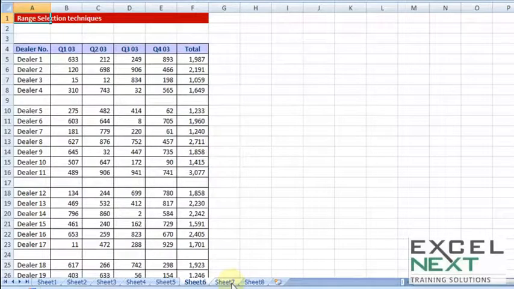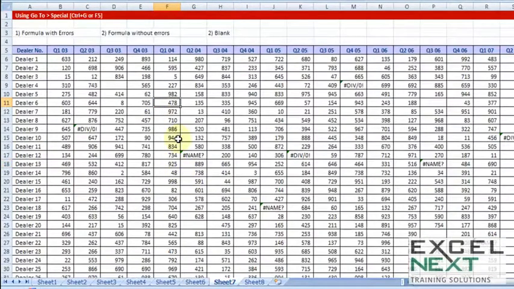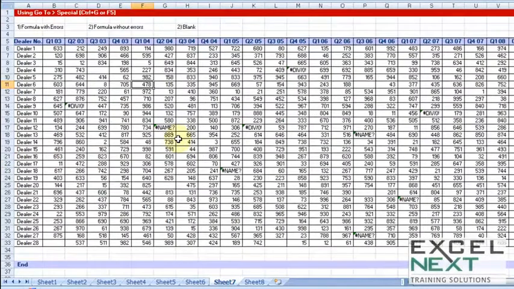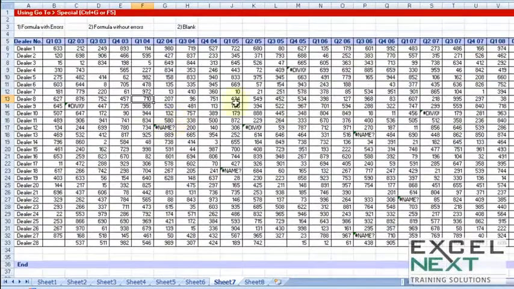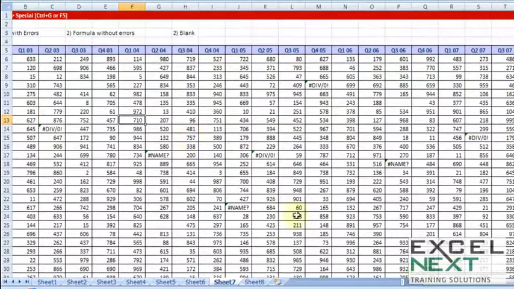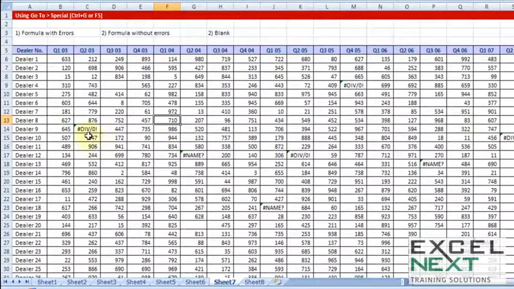Let's get to the main point, sheet 7. Alright, it seems in a single moment I have thrust upon you such big data, and in fact in real life you would find that data 100 times bigger than this exists. Now the point here is I see a lot of errors scattered across. Before I take a printout, before I send this to someone, I want all these errors, which may be because of erroneous formulas or because the data is not available, to disappear, to be deleted. Now how do I do that efficiently?